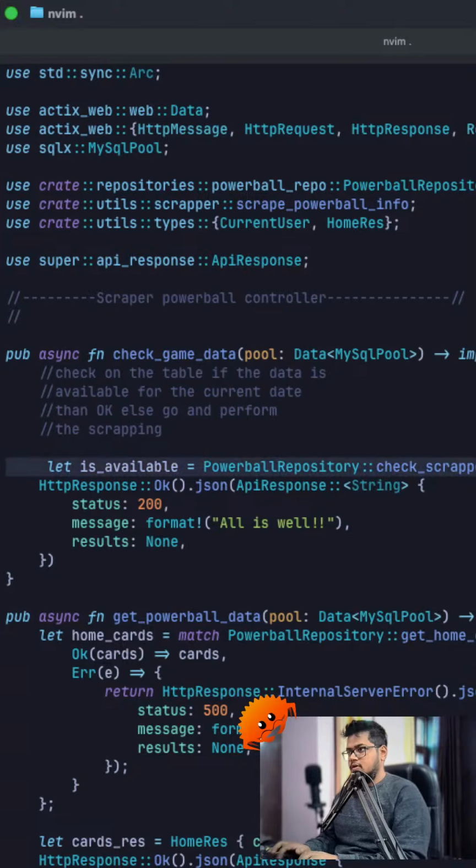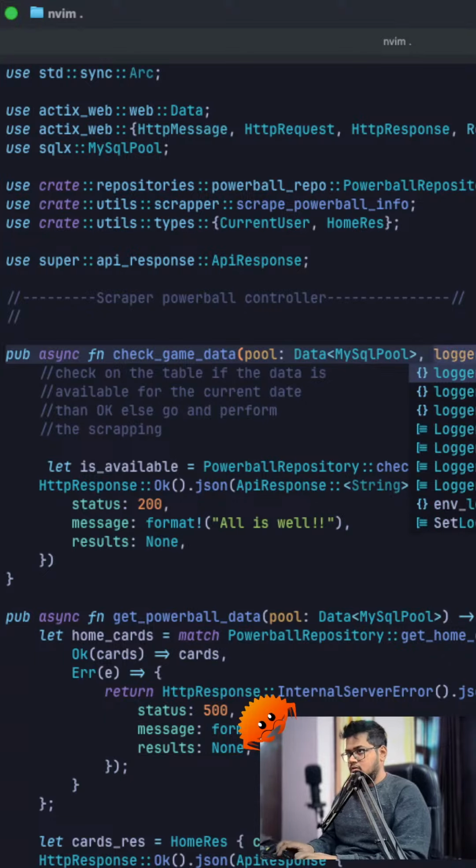This is what we created. I need a reference and I need a logger. Logger, I can say logger data logger